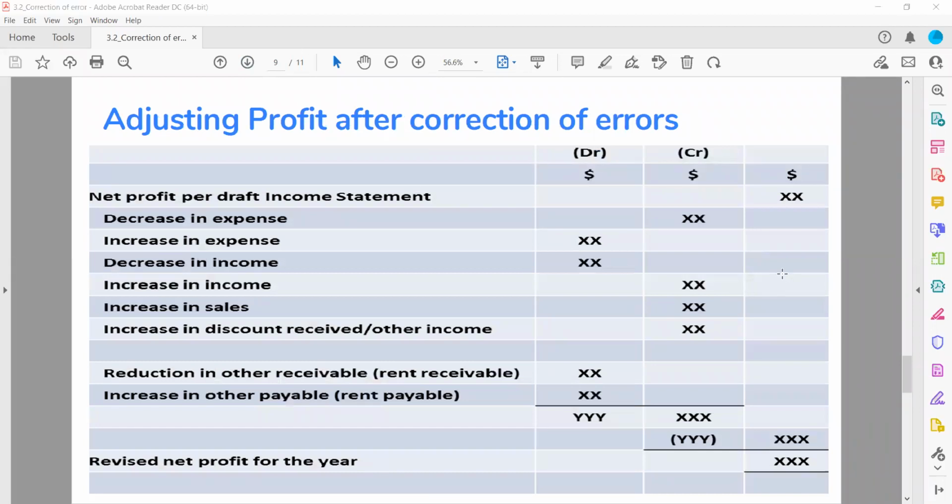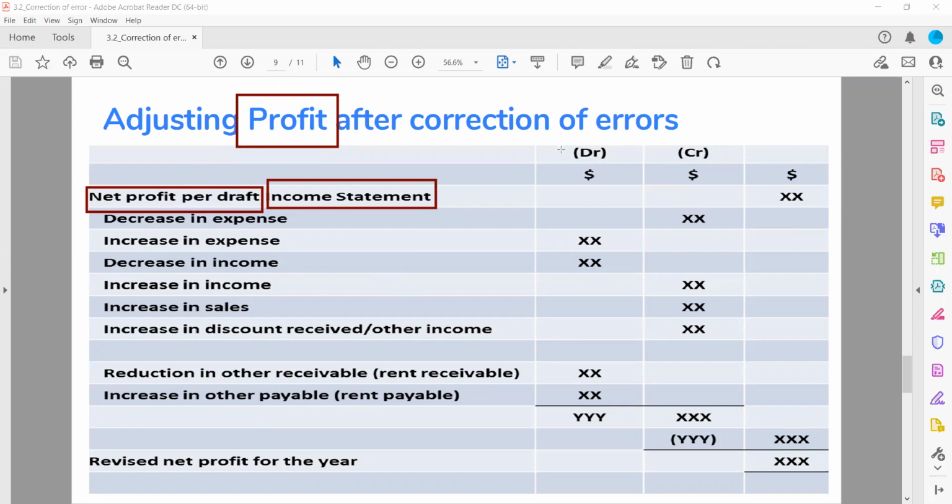Okay, next. Some exam questions will ask us to prepare the corrected profit after we prepare the adjustment of the errors. First, start with the profit for the year as per draft. From the income statement, you will get the drafted profit for the year. This is not really debit and credit. This one should be ignored. It basically means it should be increase